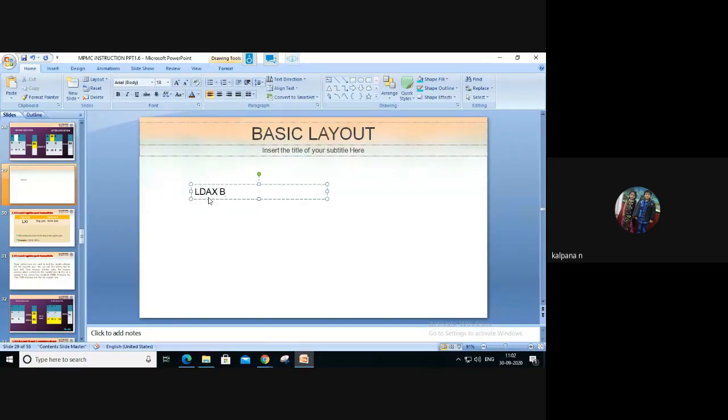LDAXB. Okay. This is an instruction. We have taken another instruction. LDAX. So what is the other register which is present in register pair B? C. Okay. The register pair is B, C.